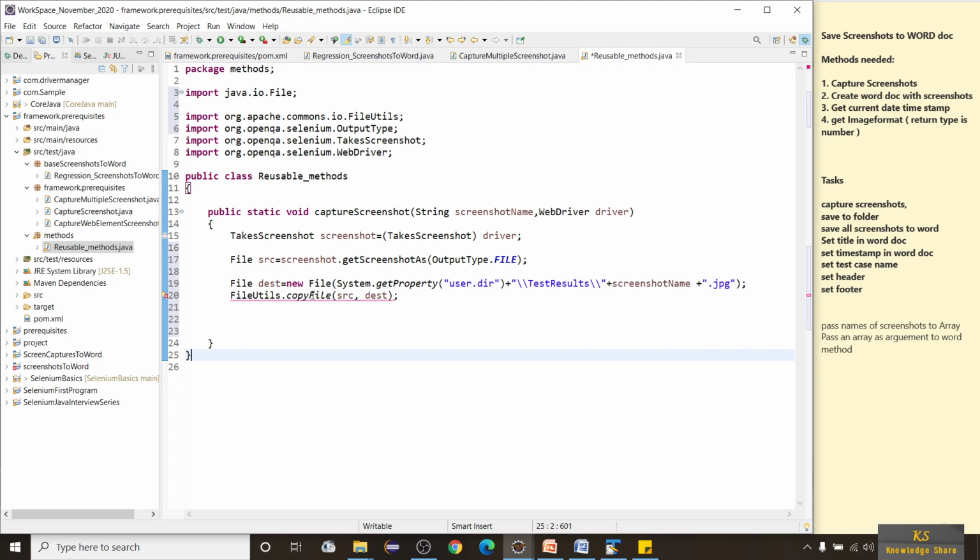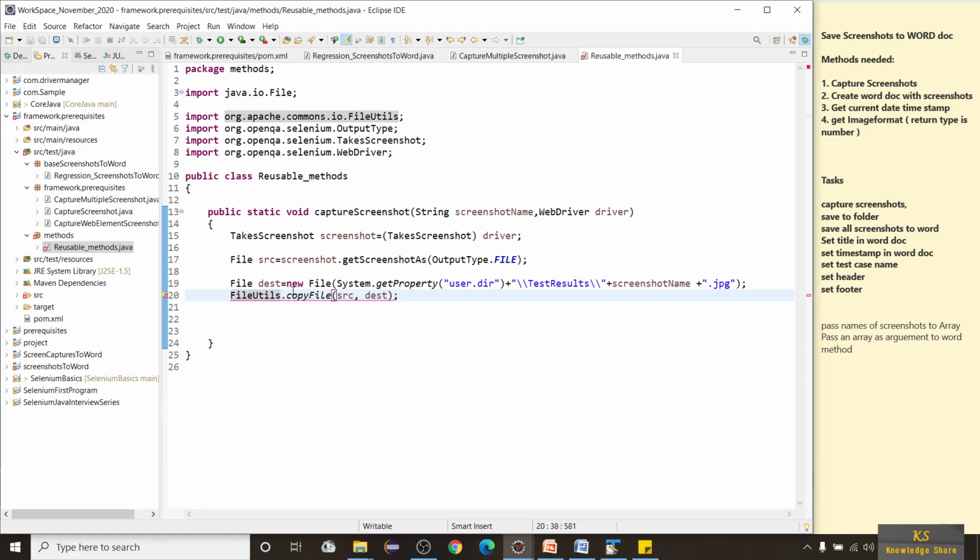Oh, what's wrong here? copyFile, src, FileUtils.